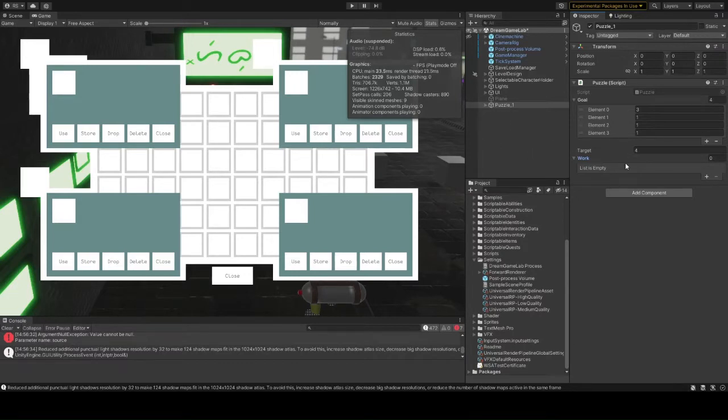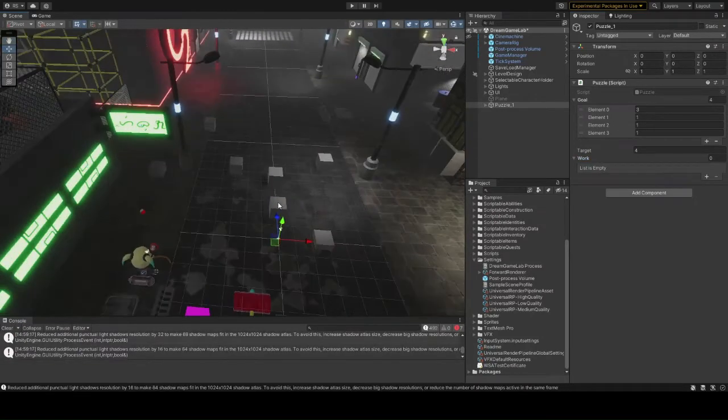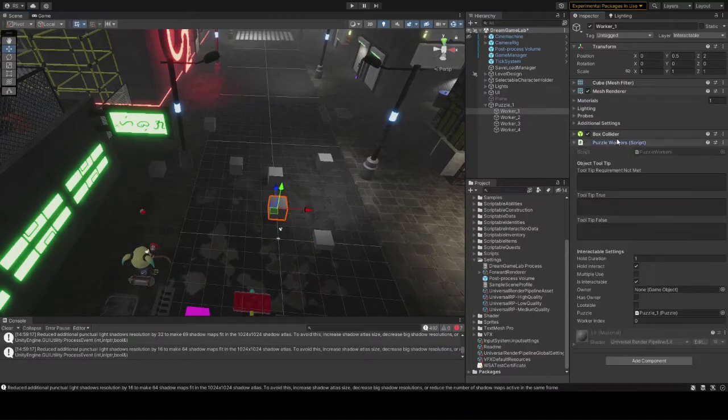So what will happen is every time, let's say for this worker, so this is a puzzle worker, it has this puzzle worker script. So if the player interacts with this,